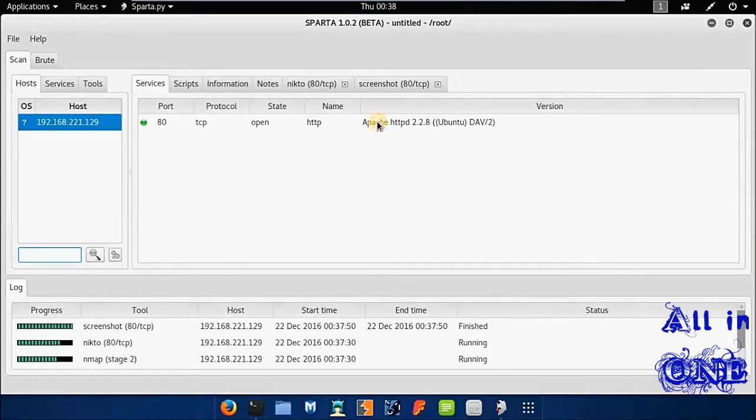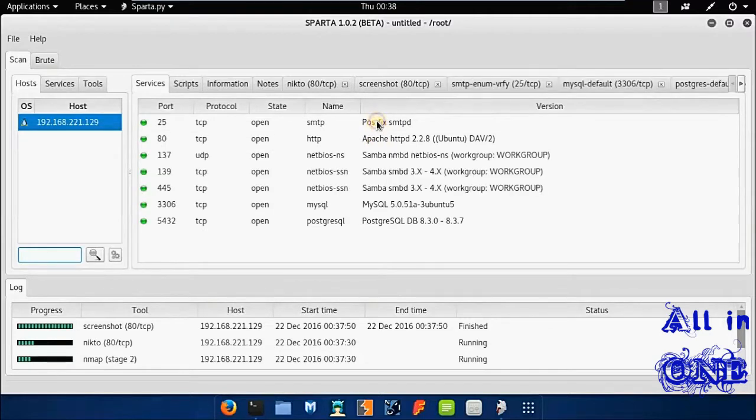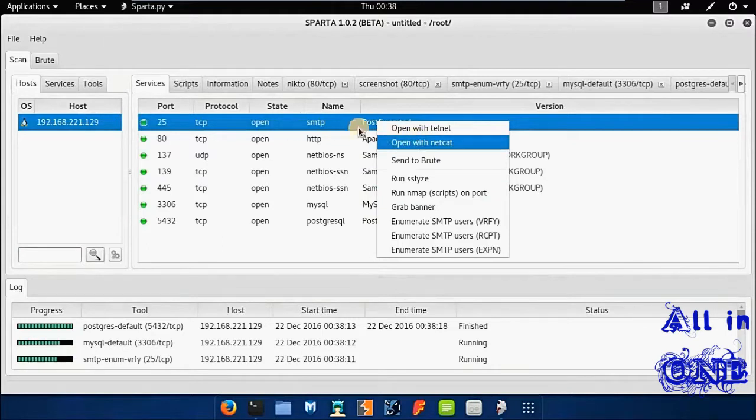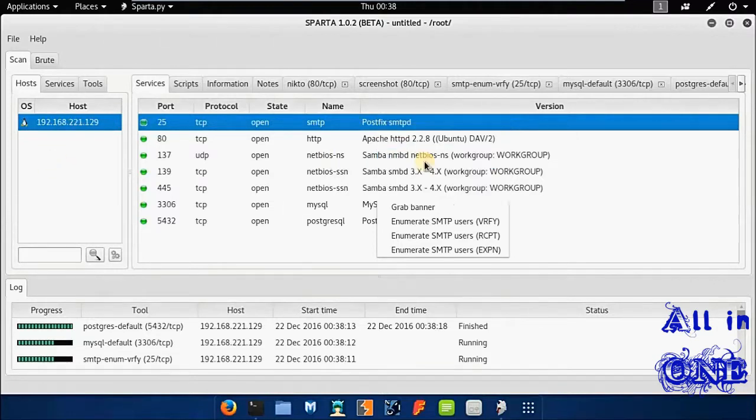Okay, so let me navigate through this one, and just simply right click this one, any services it has just found, and you can be presented with a lot more options like open with telnet and open with netcat, send to brute. This is really a great feature that whenever you just send to brute option, it will just be in this tab,